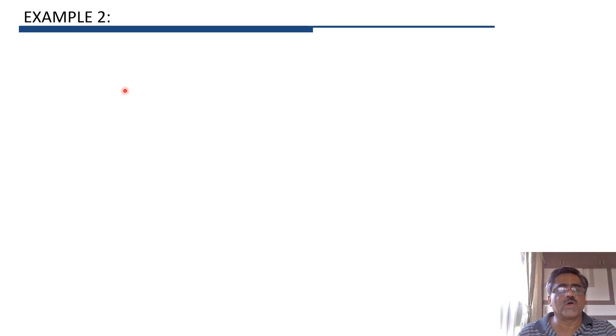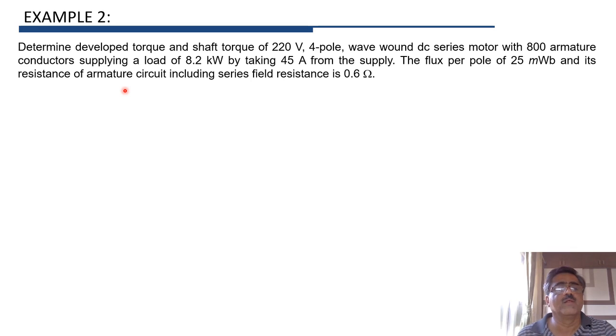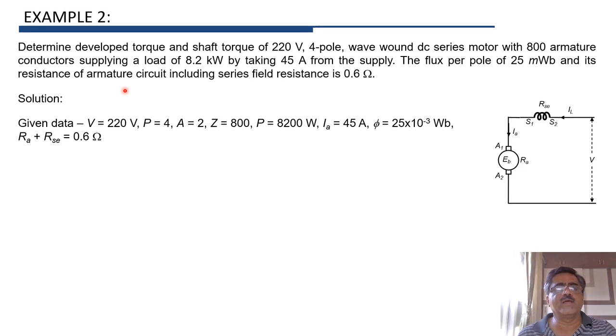Let us now solve the next example. Determine developed torque, means we have to determine armature torque Ta and shaft torque, that is Tsh, of a 220 volt, means supply voltage V is equal to 220 volt, 4 pole, means P is equal to 4, wave wound, means A is equal to 2,